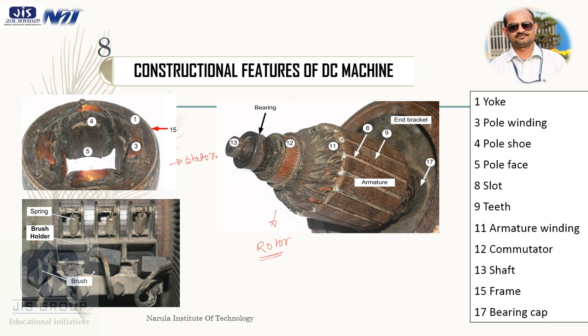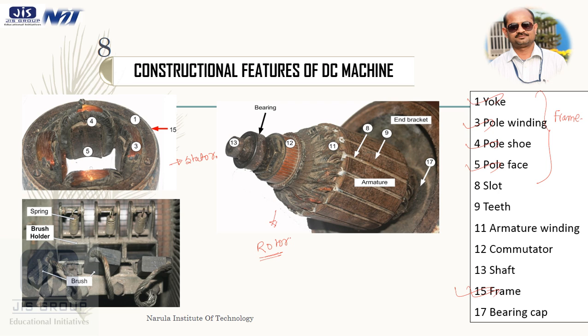Okay, so the stator consists of yoke, pole shoe, pole face, pole winding, and this total is called the frame. Okay,